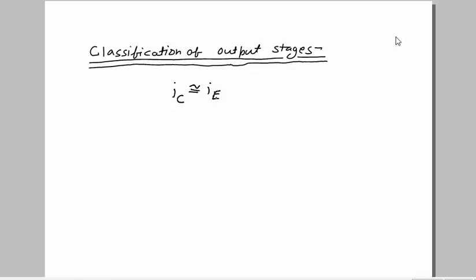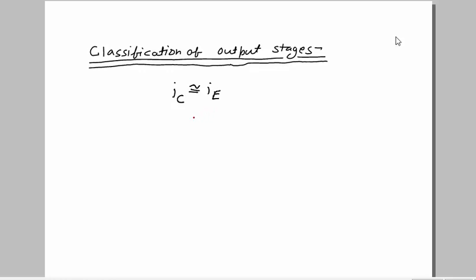Because many times we'll use the emitter follower, the output will be taken at the emitter. Why emitter follower? Because in the beginning we established that the output resistance should be low, and the emitter follower in the case of a BJT amplifier and the source follower in the case of a MOSFET amplifier provide the low output resistance. Sometimes we will take the output from the collector also, but most of the time we will take it from the emitter. We'll use the emitter follower.